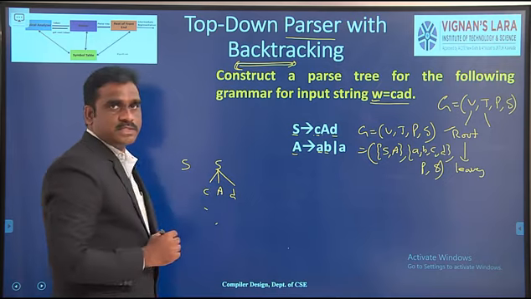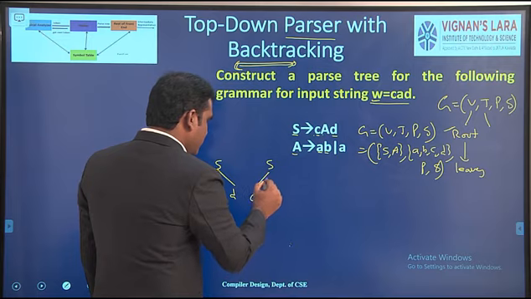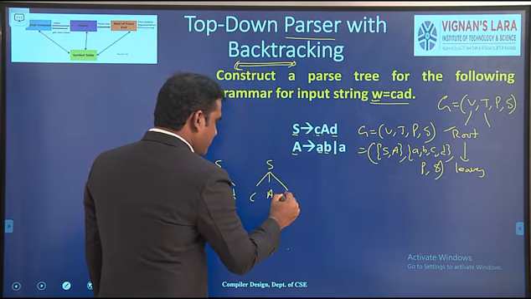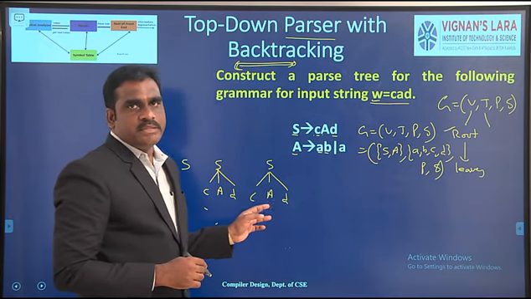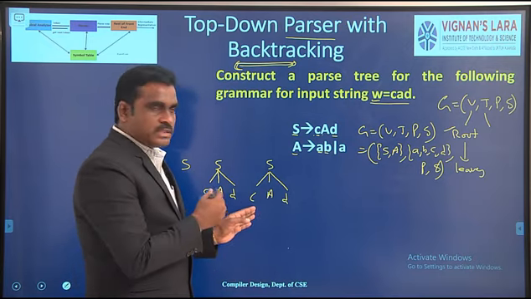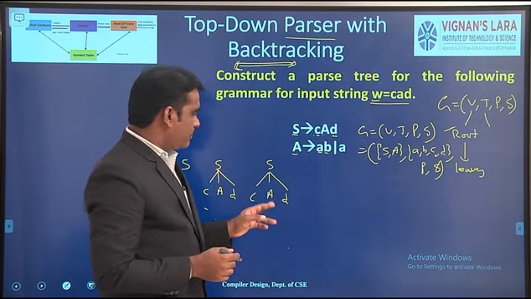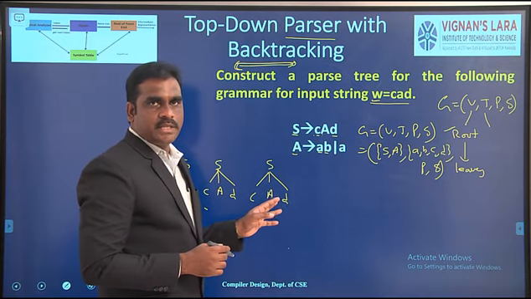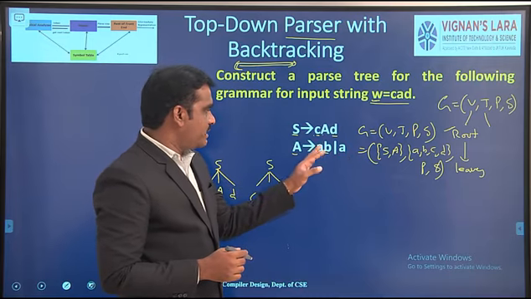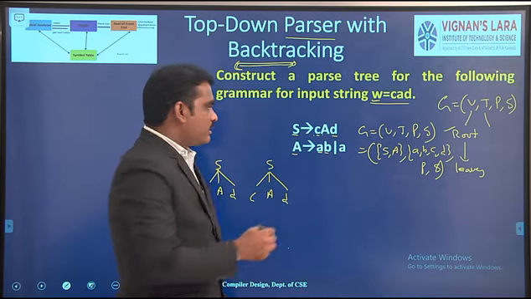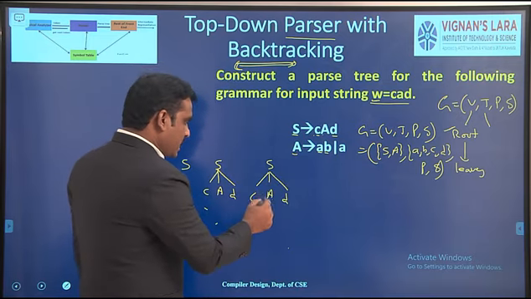This is the second step. And what is the third step? So S, C, A, D. Now, what is C? C is a terminal, so simply leave it, because we have to replace only non-terminals. Now A, what is A? A is a non-terminal. And here A has 2 productions. One is AB and the second one is small a. First I choose AB. So A is replaced with AB.